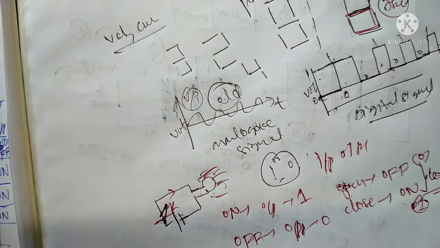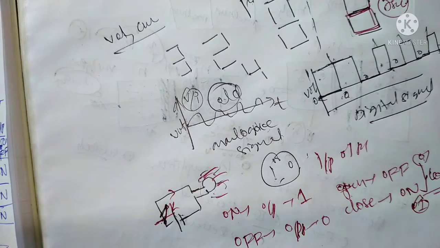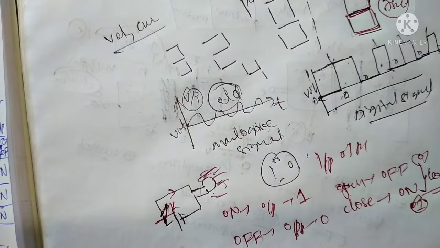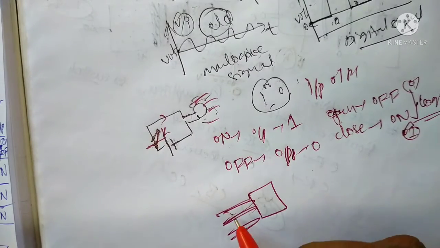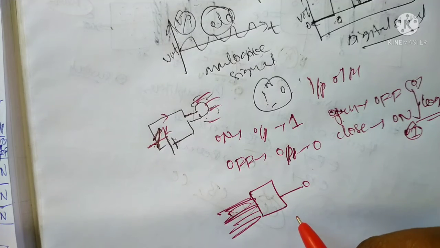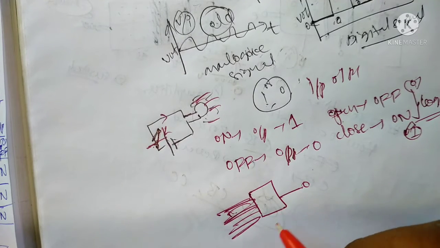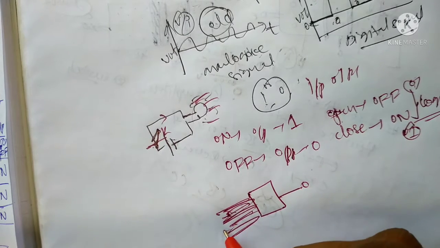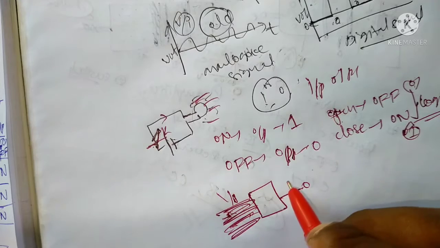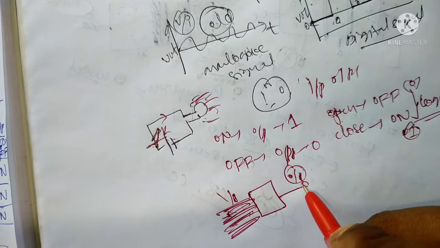Logic gates are prepared with the help of semiconductor circuits, a combination of diodes or transistors. A gate is a circuit which can accept many inputs. Logic gates have a number of inputs but get only one output. This type of circuit is called a logic gate. Gates have a number of inputs, and from those inputs we get only one output.